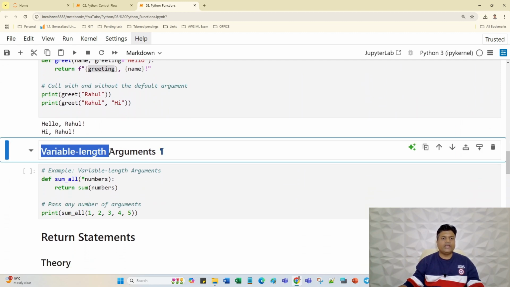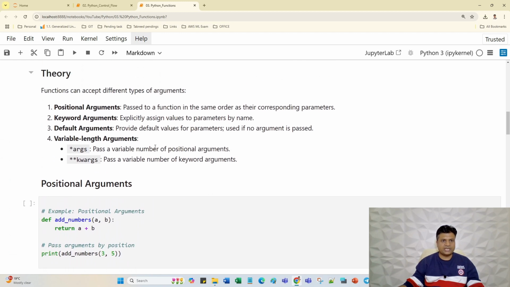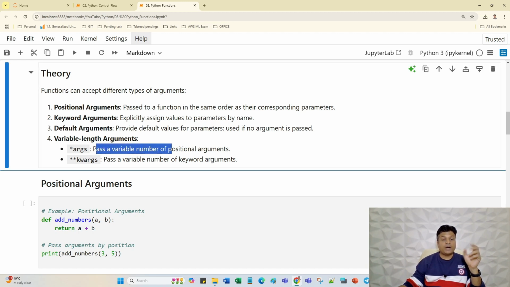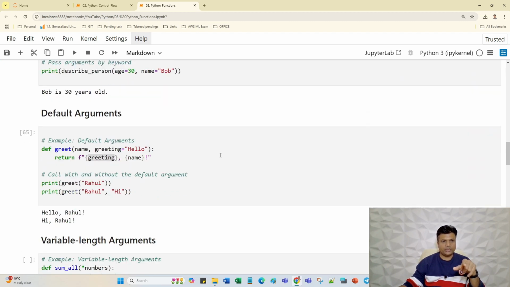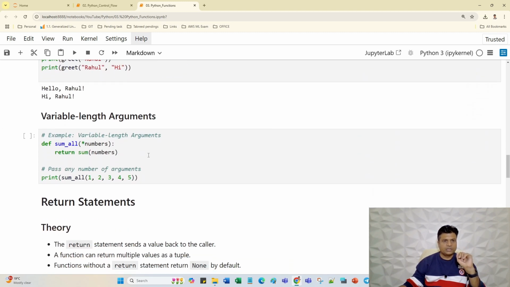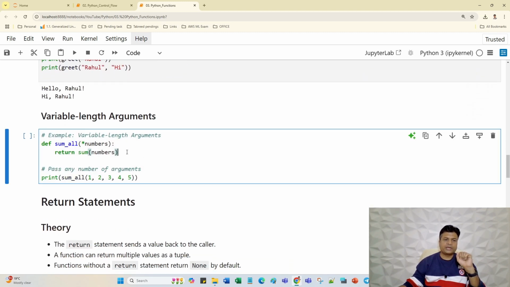Third is the variable length argument. Variable length argument definition I have given here. *args and **kwargs: pass a variable number of positional arguments, and pass a variable number of keyword arguments. Let me explain in the code itself. So here, you know what I'm doing? This is a function, sum_all function. Here I'm passing just a star